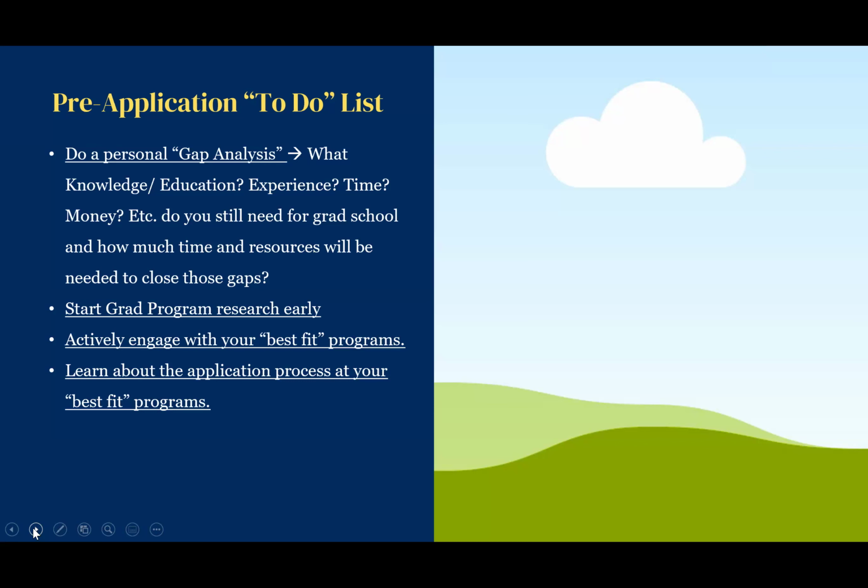What kind of education do you need? If you're looking at pursuing a doctoral program, can you go straight from your bachelor's degree into a doctoral program? Or is there going to be something in the middle, like a post-bac program, or maybe even a master's degree program that you have to take in advance? Also, how much time is it going to take for you to get all of those things prepared? Are you looking at starting within the next year? If so, how many classes do you still need to take? Is it possible for you to add some additional courses into your coursework to be ready to start in a year? And also, very important, how much money is it going to cost?